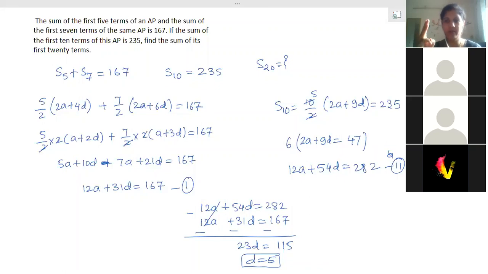19th one. So 3 middlemost terms. That means if the middle number is 19, so what is this number? No, this is the 19th term. So that means this one is the 18th term, 19th term, and this is the 20th term. So A18 plus A19 plus A20 is equal to 225.